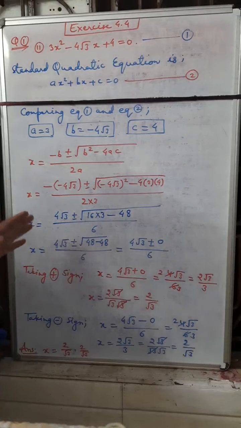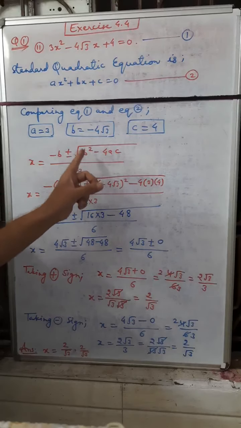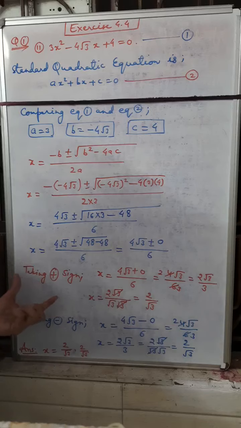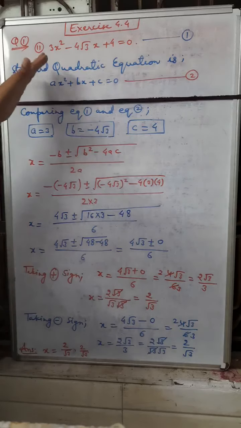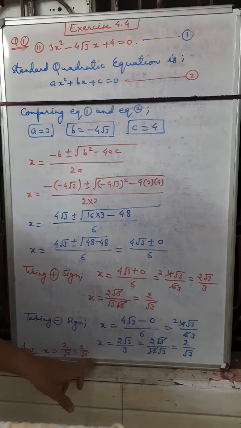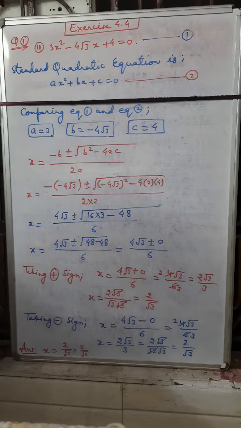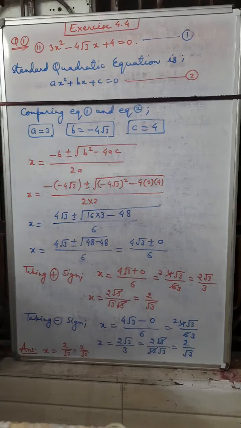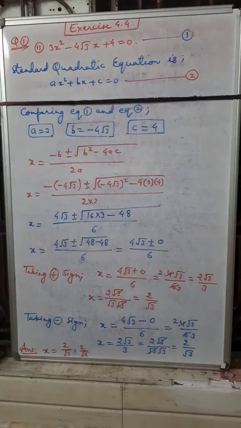So before solving the problem, if we check that b² − 4ac is equal to 0, we can directly say the roots are real and equal. There is no need to solve if finding the roots is not asked in the question. But here it is asked to find the roots of the given equation, so we have to do the complete solution. But in an optional question, if it asks whether the roots are imaginary, real, or equal, you can check only through whether b² − 4ac is greater than 0, equal to 0, or less than 0. There are 3 conditions, so you can check easily by it.